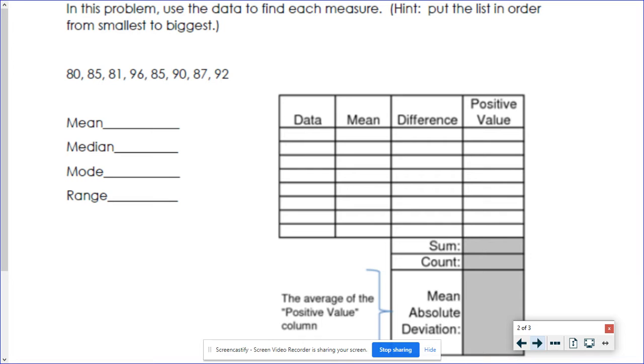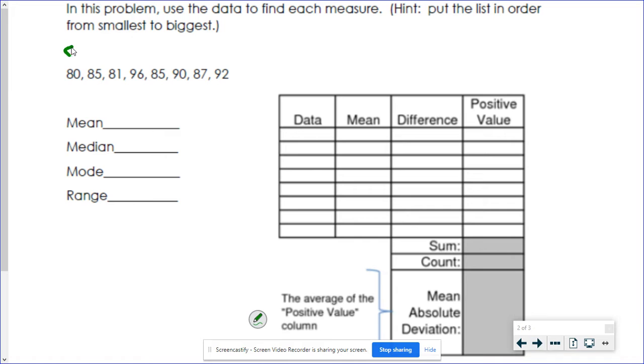So when we're looking at this, we want to find the mean, median, mode, and range. And then we're going to fill in this table that'll take us step by step through to find the mean absolute deviation. We abbreviate that as the MAD, M-A-D, mean absolute deviation. So it is easiest if we find these numbers in our list in order from smallest to biggest. It makes the median a lot easier, but it also makes our math easier when we're finding the rest of these numbers. So if I put these all in order,